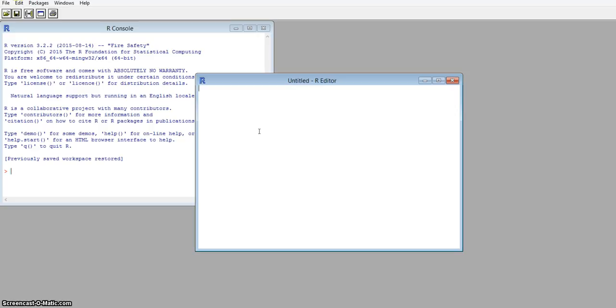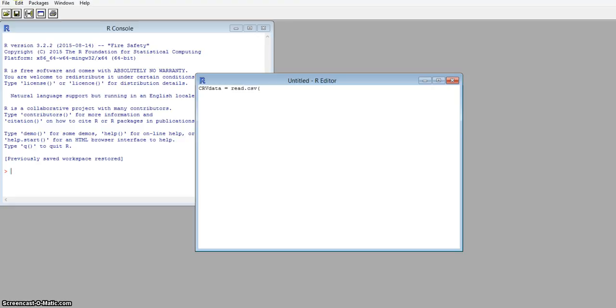So the first step is to import data or get some data. One way that we can do this is to use a read.csv command. First I want to name my data set something. I'm going to use this data set that talks about the miles per gallon for a Honda CRV vehicle, and I'm going to call it CRV data. So this is the name of the data. And then the way that I can actually get that data is I'm going to say is equal to